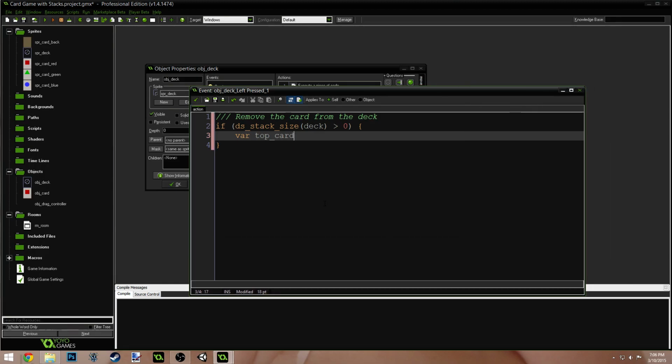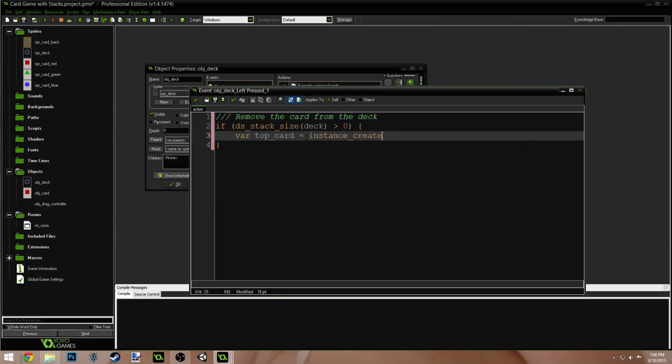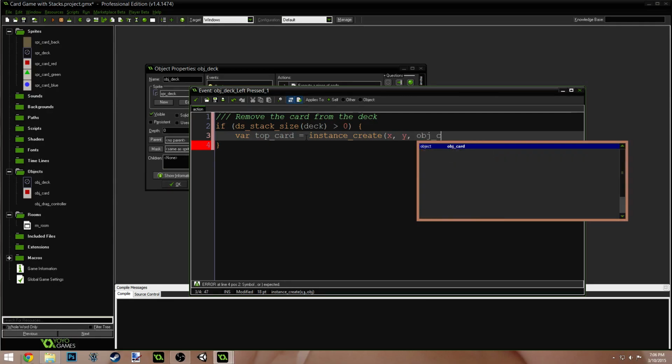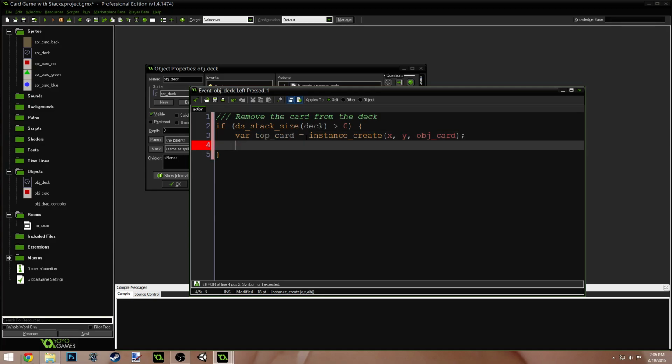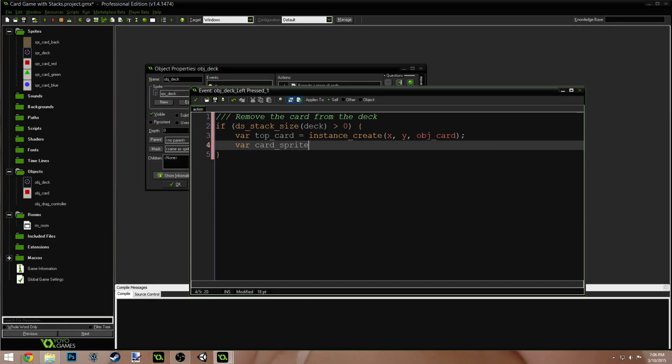So we're going to create a new card. So equals instance_create(x, y, object_card). Okay, so we're creating a new card because there technically aren't cards in the deck. There's just images. So we need to create a card that we can assign the image to. Var card_sprite equals